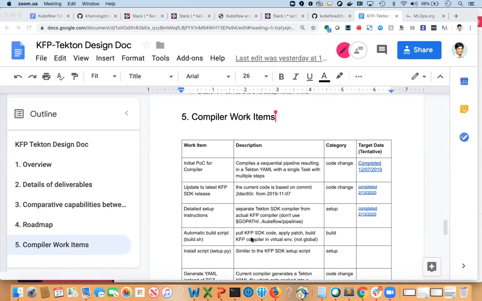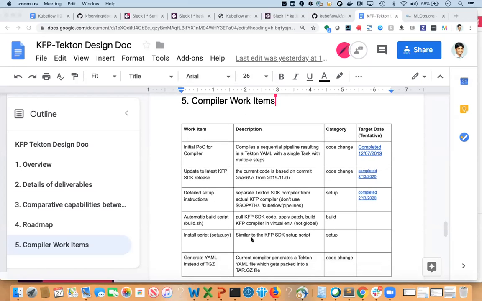And the next thing which he is looking at, which I think we are fairly confident to get in a near future of time, is essentially being able to run parallel tasks as well, right? And then the focus will shift from there to looking at output artifacts and how to share and pass them, and that is looking at the workspace concept within Tecton. So I think in a nutshell,